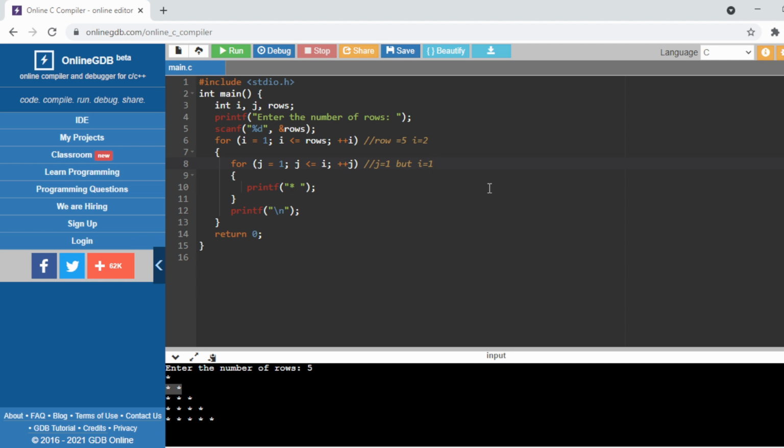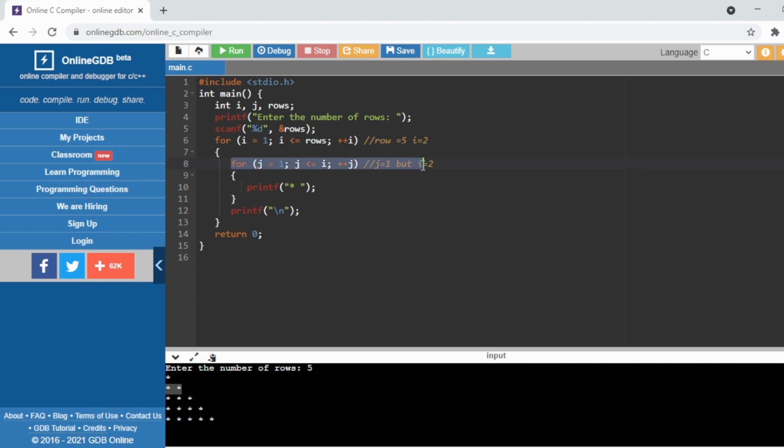The new value of i equals 2. At the first time, j equals 1 is less than 2, so your condition is satisfied, and this printf statement will work.